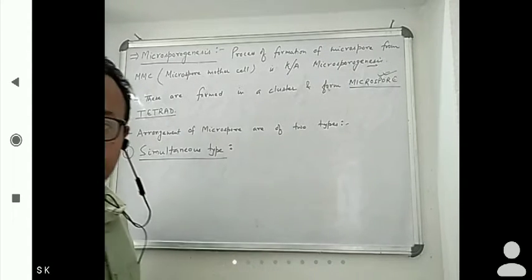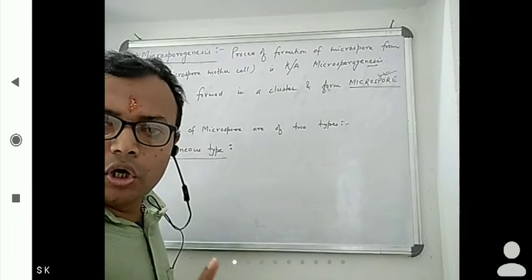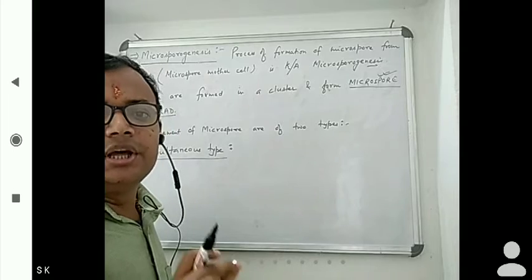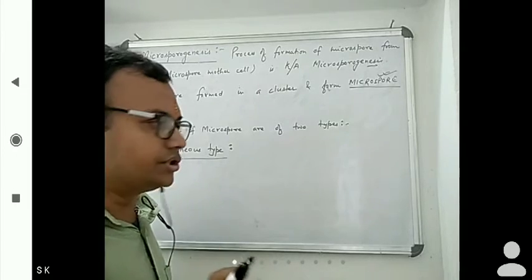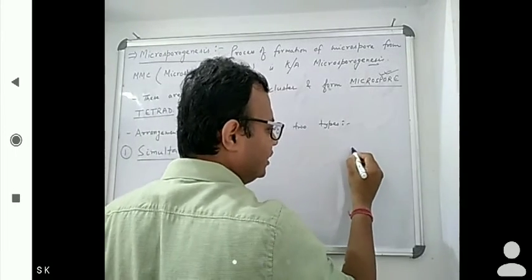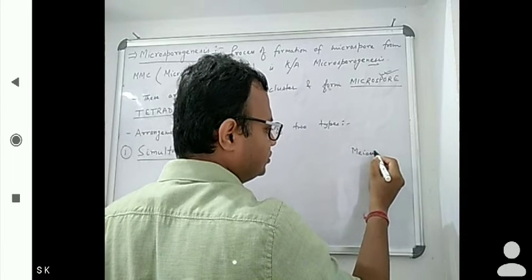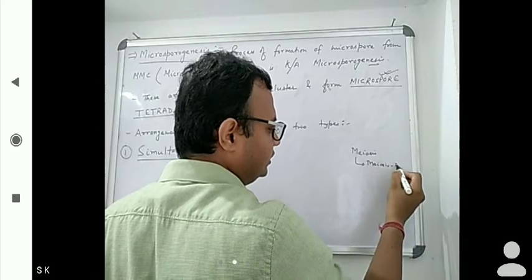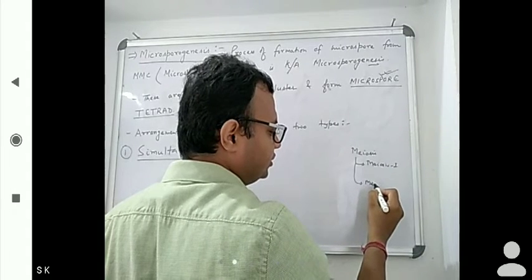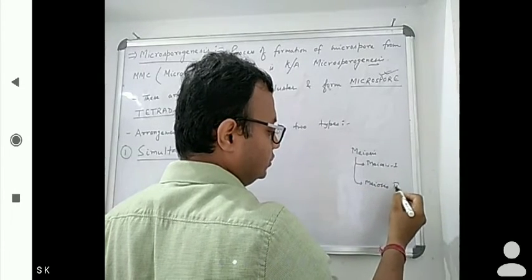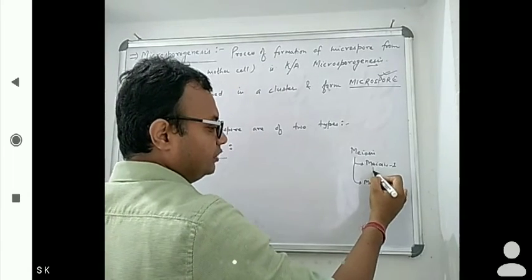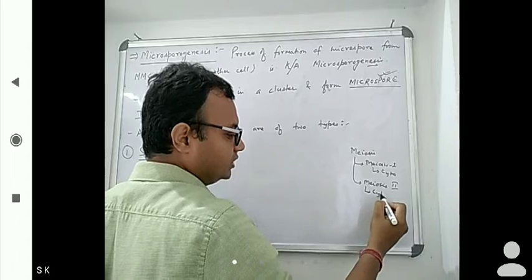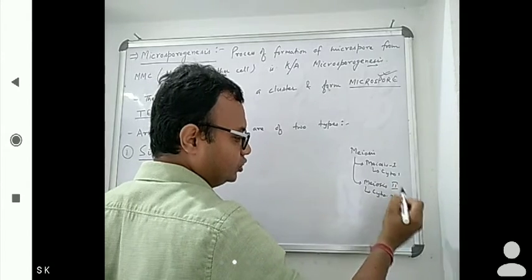You have to remember that all of you have read cell division. Mitosis is there, meiosis is there. Just a quick review, already in 11th you have understood that. So meiosis has two components. One is meiosis 1 and one is meiosis 2. Meiosis 1 has cytokinesis, and meiosis 2 also has cytokinesis. So here 1, here 2.